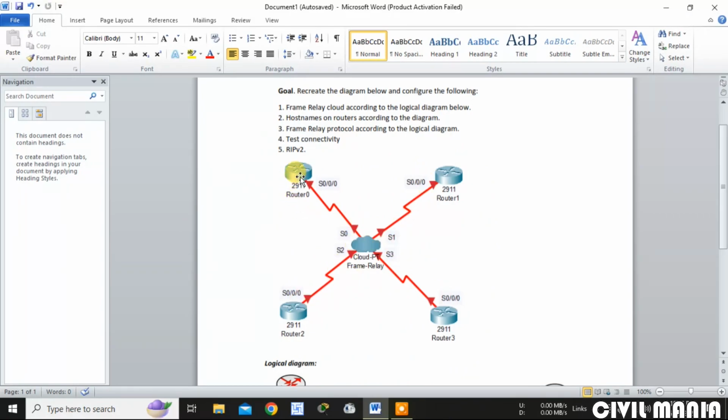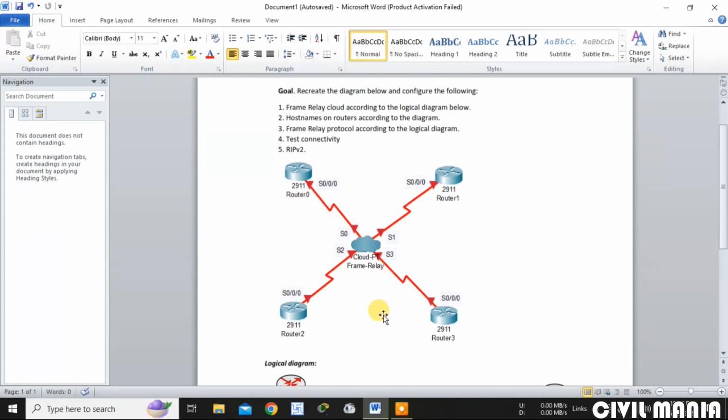Suppose I need to communicate between router 0 and router 2, then again I have to lease the communication line between them. But frame relay is actually one type of circuit, and with the help of this circuit we can do the communication between all the routers without leasing any communication lines between them.